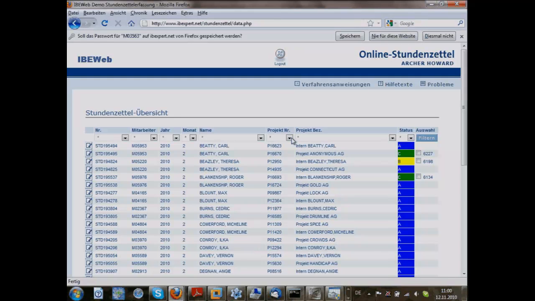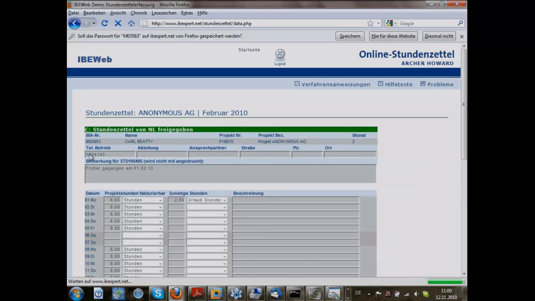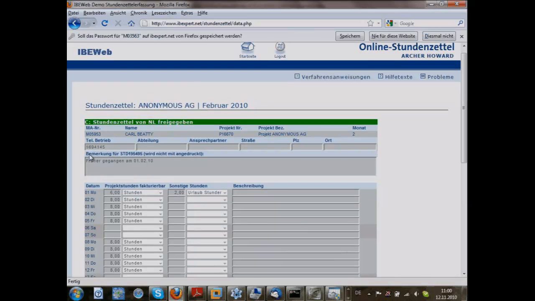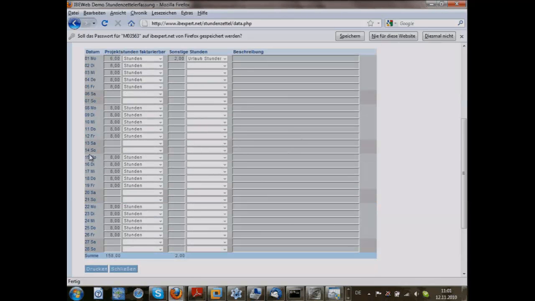And this was created for this company because all the people who work at a foreign area should be able to send their working data from the last month automatically using an online device, for example, an iPad or their mobile phone, their iPhone or whatever. And this was created from us purely with IBExpert.